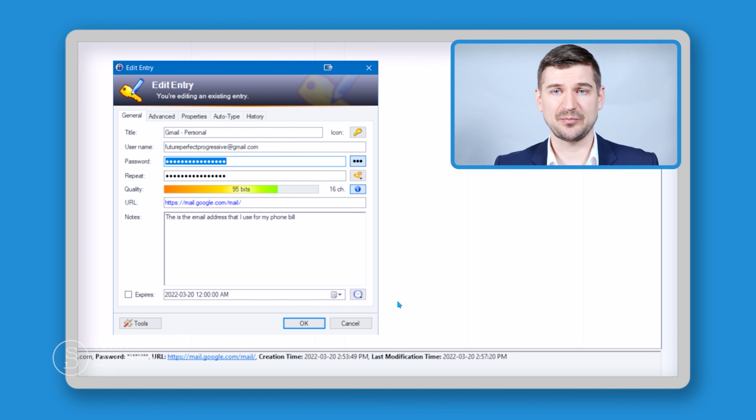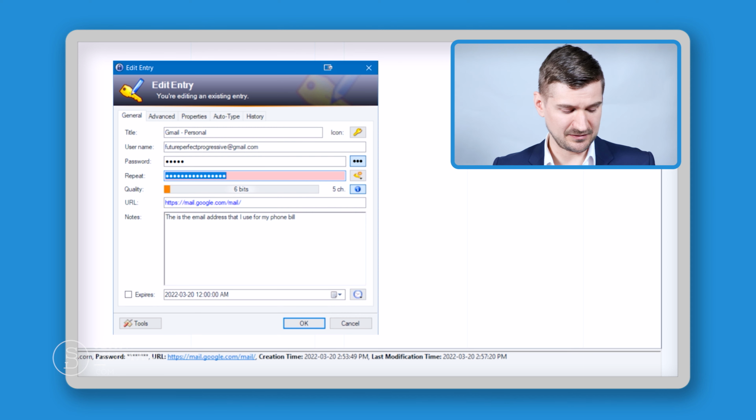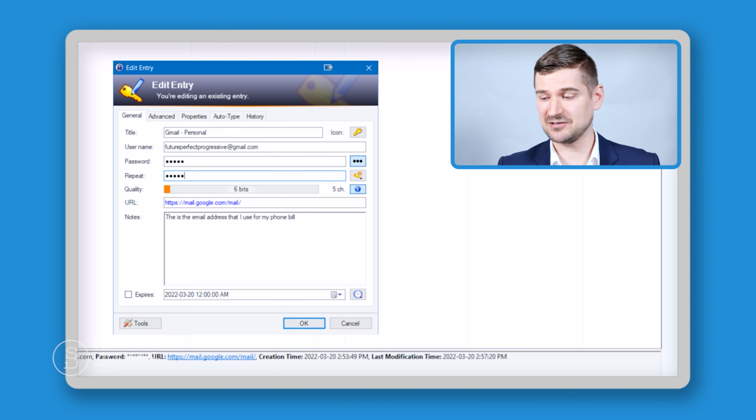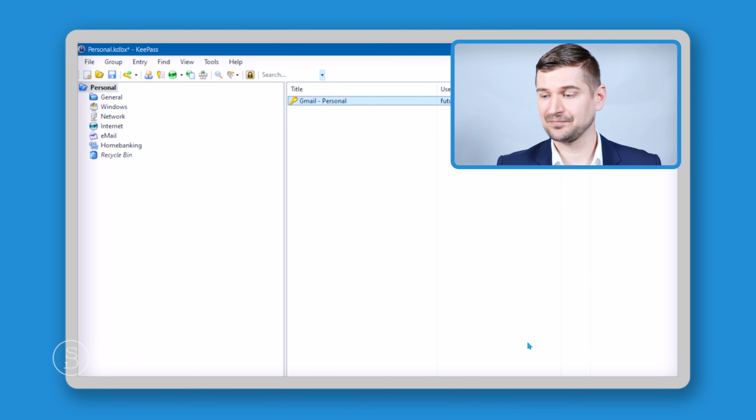So let's say I was changing the password to 12345. I wouldn't recommend that you do that, but let's say we were doing that. 12345, and the dialog box below is red because the passwords don't match. I'm gonna press tab, and now this one is highlighted. I'm going to type 12345. Both fields are now clear, which means that the passwords match. I'm going to click on OK, and that entry has been updated. I'm going to click on this little disk to save it so that I know that it's safe.